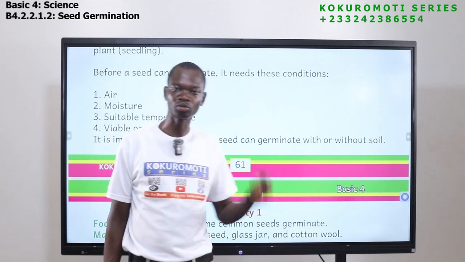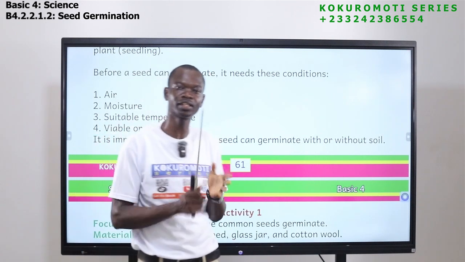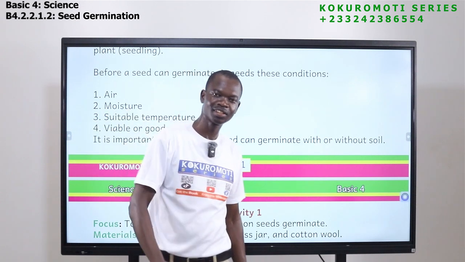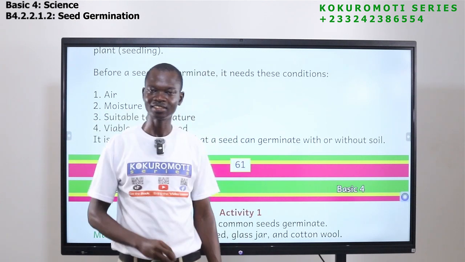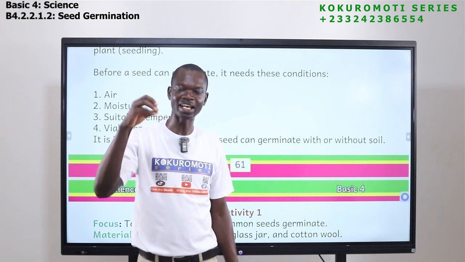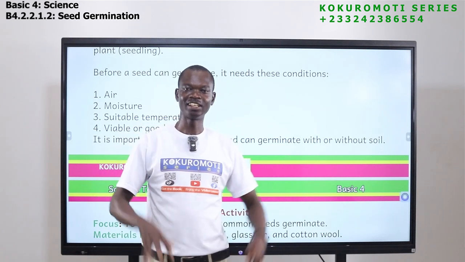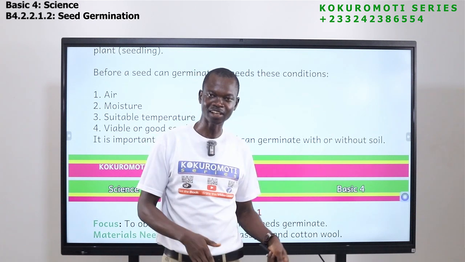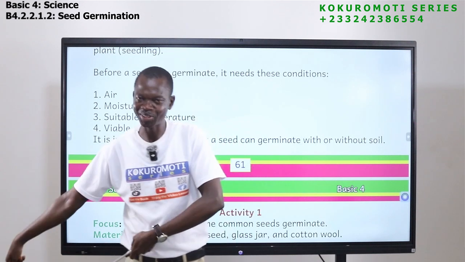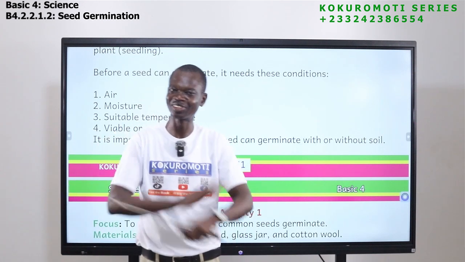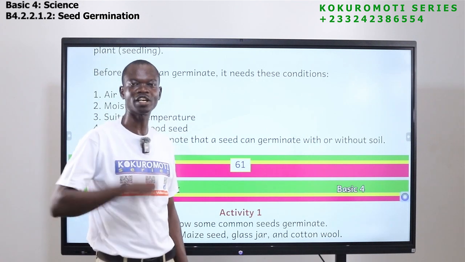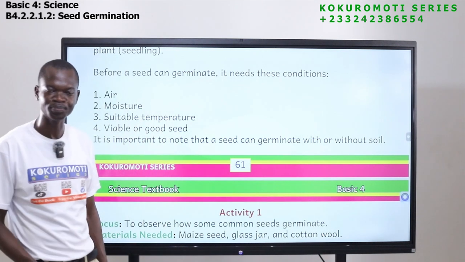The seed that you are going to sow should be a healthy one. Don't go and roast the maize seed before you sow it. Don't put the maize seed in a bowl, put it on fire, pour oil on it, and fry it before you go and sow it. If you do that, it will not germinate. So please, the seeds that we sow should be viable. Viable means it should be healthy.